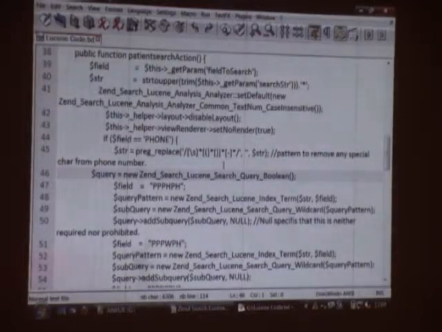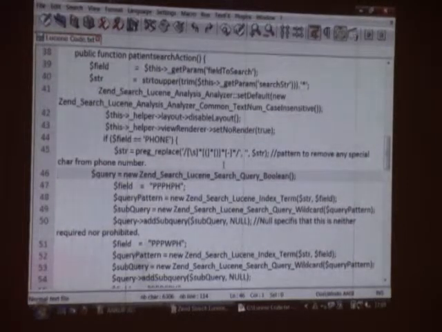I want a boolean, in the sense that it's either this or this. My string should be searched in any of the phone fields that are available in the DB or in the indexes here.